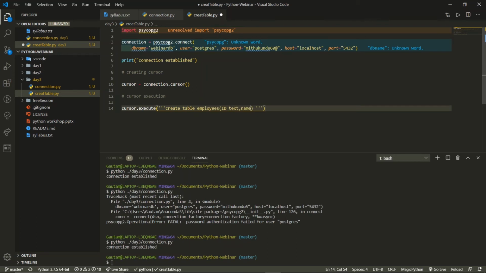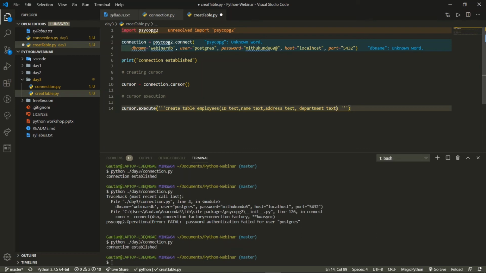Then we will have name with text, and then address. Address is text, and then maybe some other value like department, and department will be text.